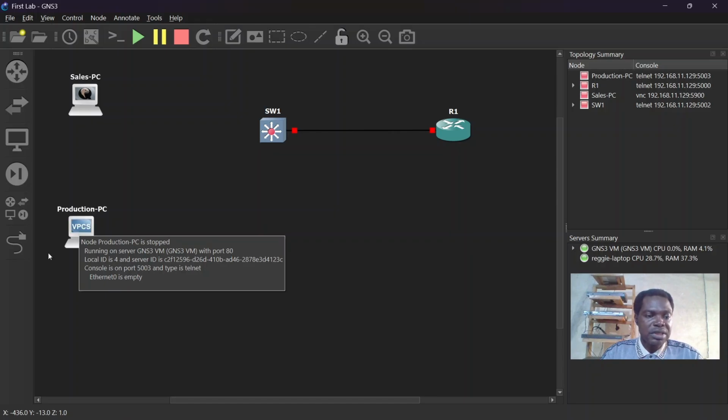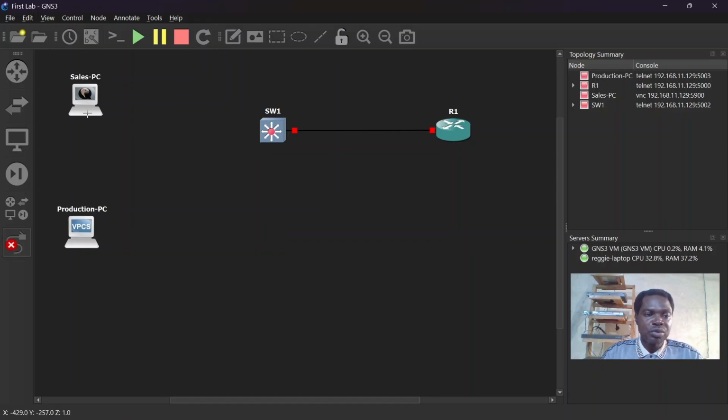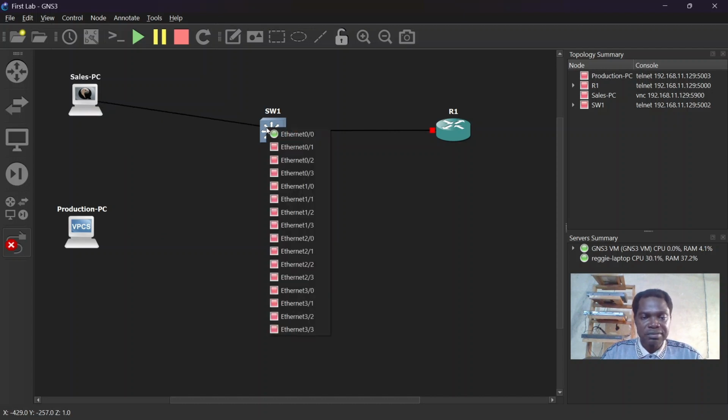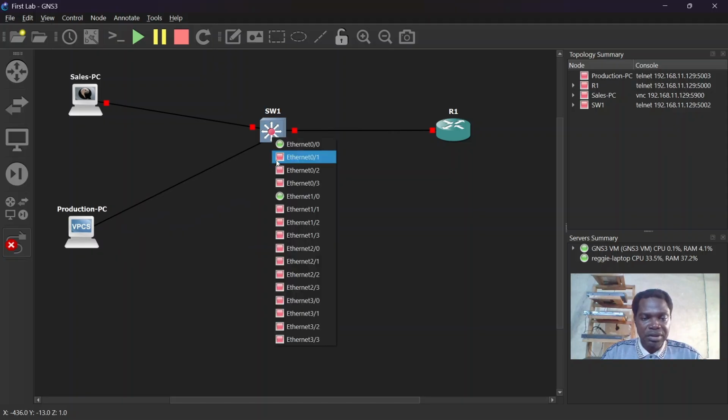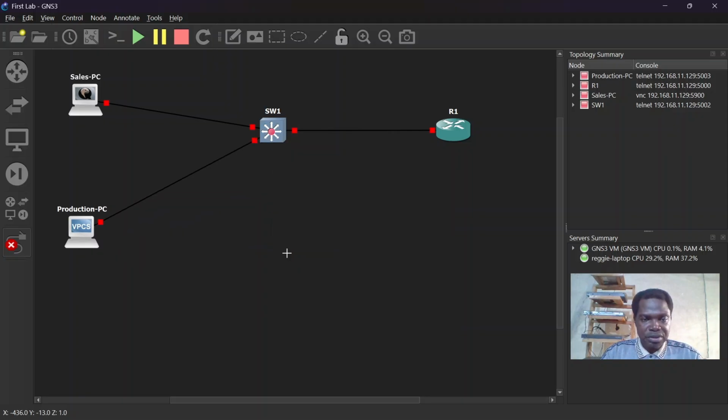So next thing I'll do now is I'll connect it. I will show you how to get it, and I'll put the link in the description box below on how to also get it from the Cisco CML free. So I'll click on this and connect 0 all the way to 2/0. That's that.